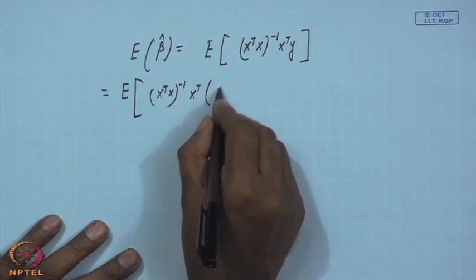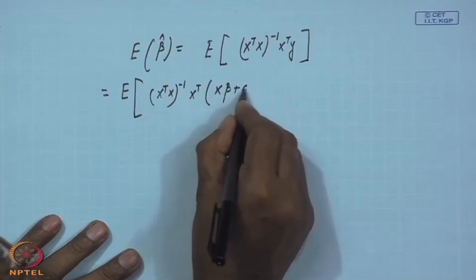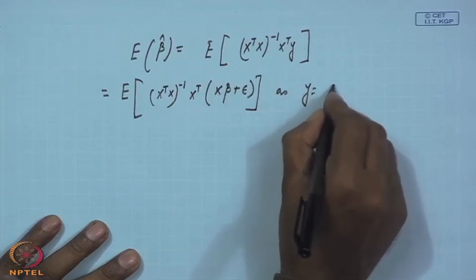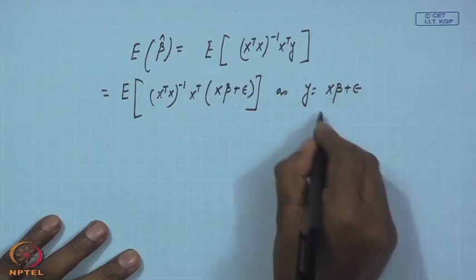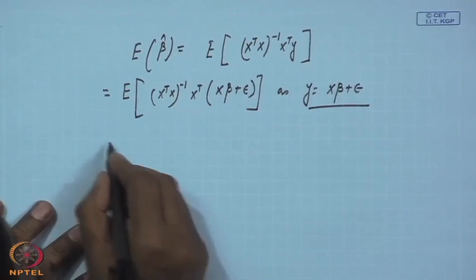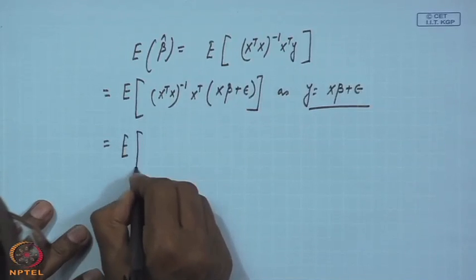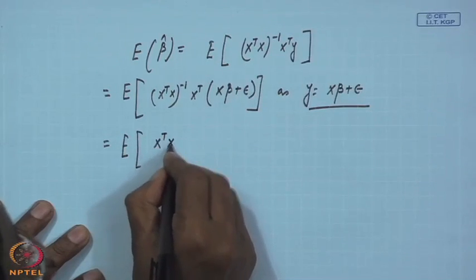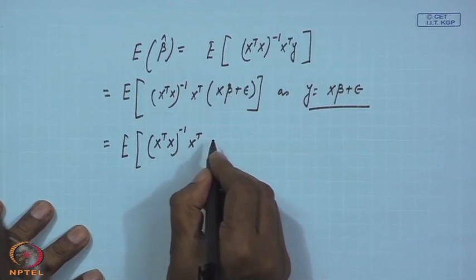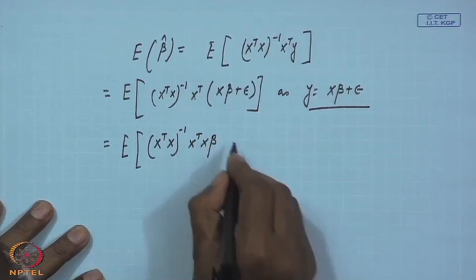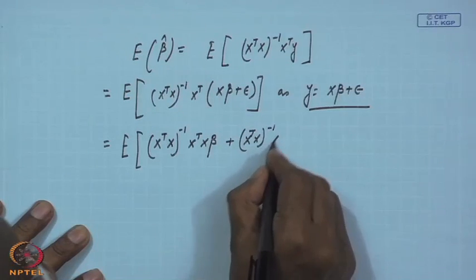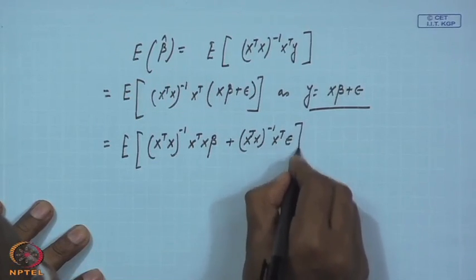Now, you all know y is x beta plus epsilon, this is the regression equation. So, if we do little more manipulation, this will become x transpose x inverse x transpose x beta plus x transpose x inverse x transpose epsilon